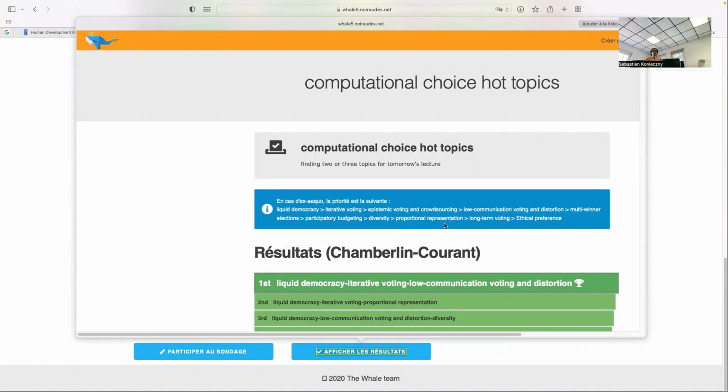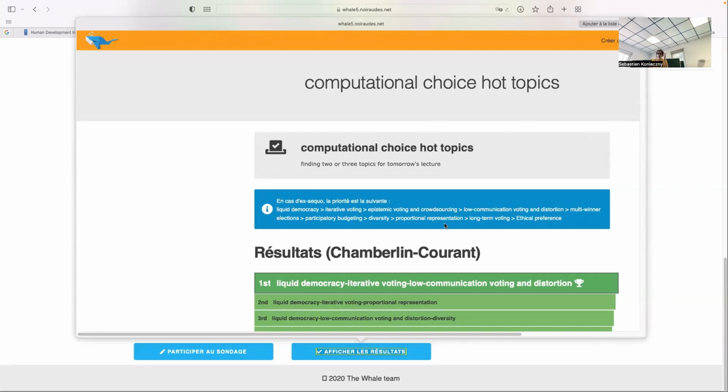So you used a beta version of multi-winner Whale, which is not totally stable. Maybe you encountered a bug yesterday if you tried to see the results. Today there is no bug, but there is also a single winner version of Whale that works perfectly well. And I very much encourage you to use Whale every time you have to organize an election. Doodle is powered by a company. Whale is developed by researchers, especially by one researcher, Sylvain Bouvray in Grenoble.